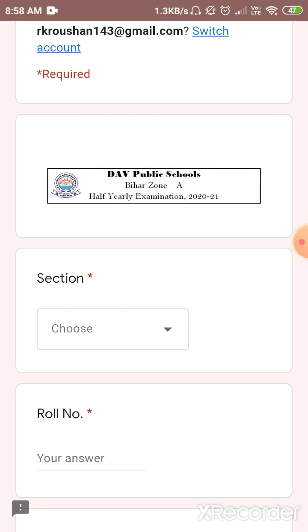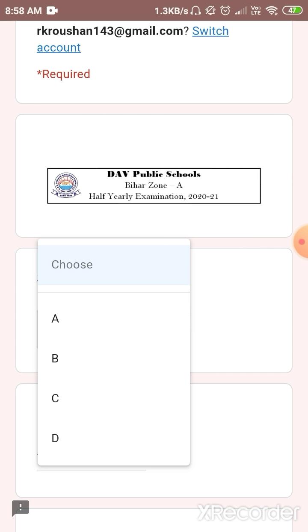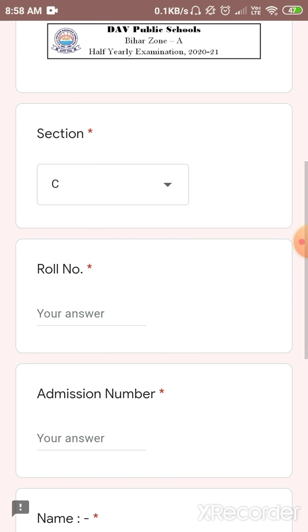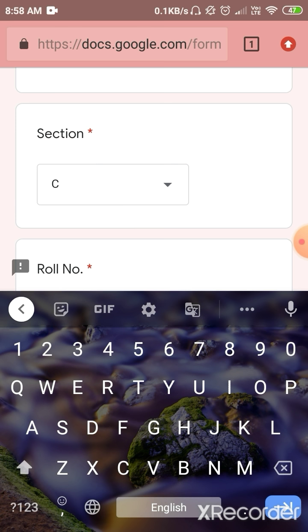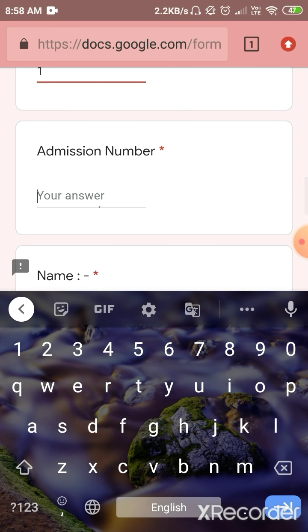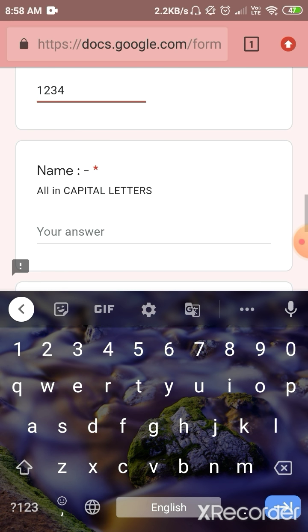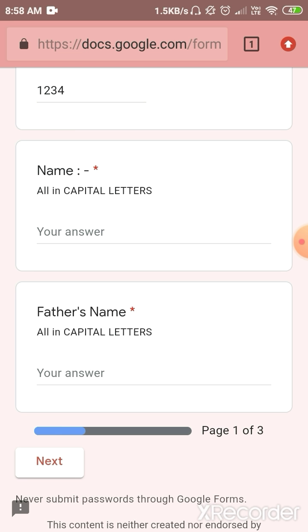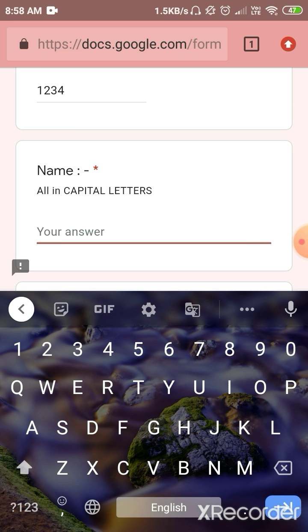Okay, I can see here a demo question. First, you have to choose the section. After this you have to mention your roll number, then your admission number, then your name, which will be in capital letters. For capital letters you will double click on this arrow.